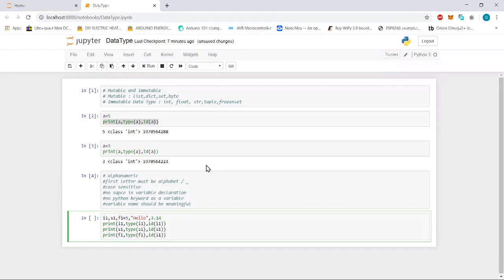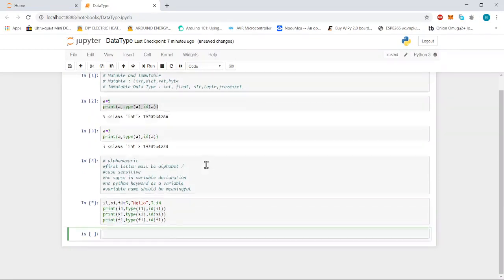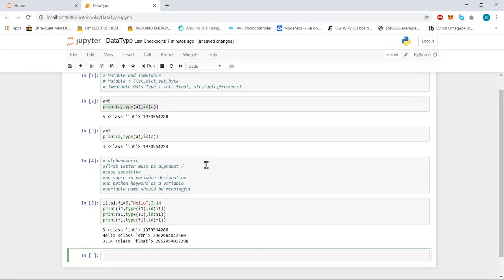So the first variable, 5, belongs to class integer. Next is hello, which belongs to string. Next is 3.14, which belongs to float.